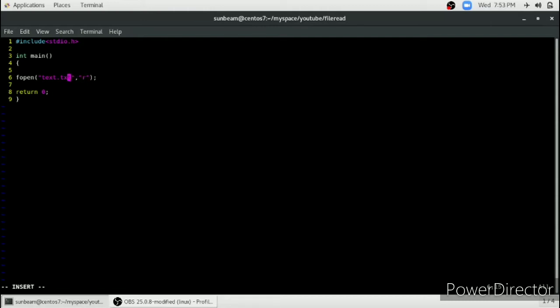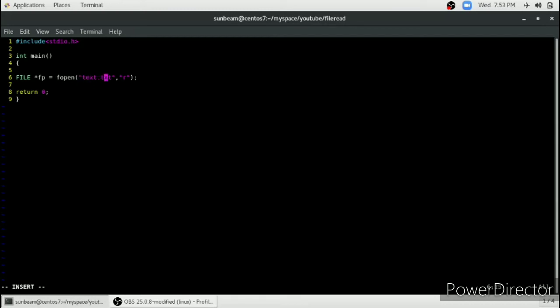This fopen returns a file pointer pointing to this file, so we have to catch this in a file pointer. The file pointer is FILE *fp. This fp is a file pointer pointing towards this text.txt file.